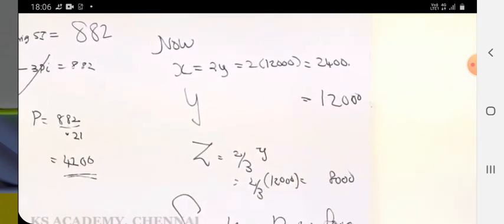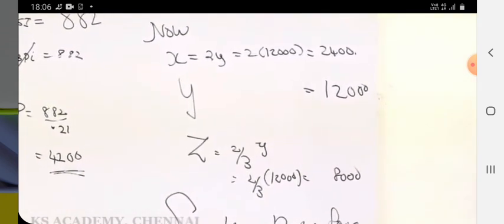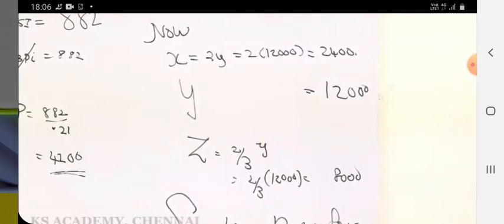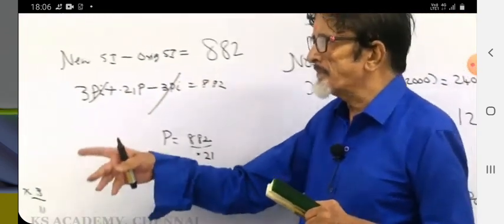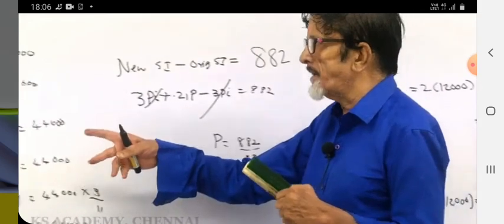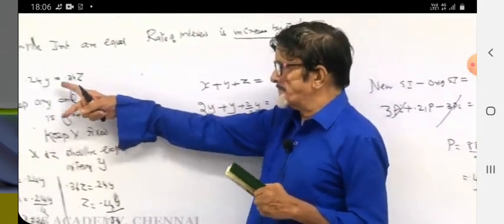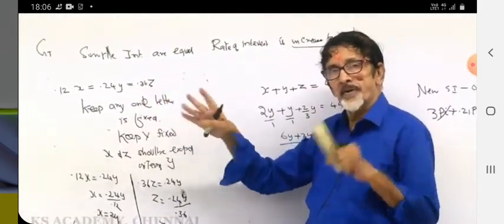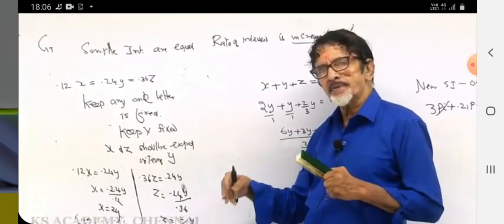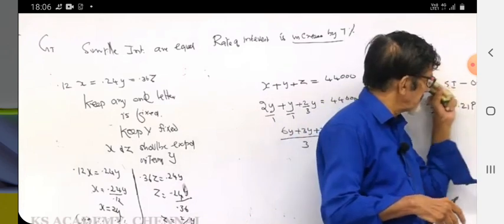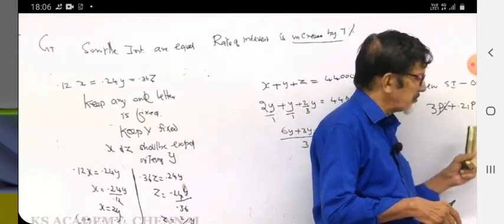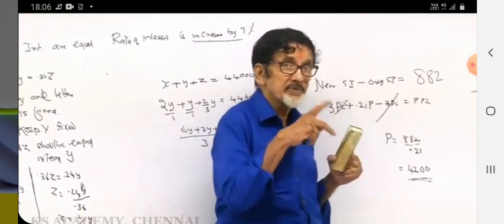Once again, explain carefully, listen, because the 30th problem you have to do in the same manner. In the 30th problem they ask for the ratio directly. They didn't ask how much each person gets. We are not going to substitute and we are not going to calculate. Still, simple 30th problem.